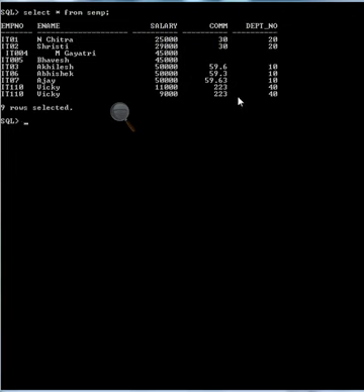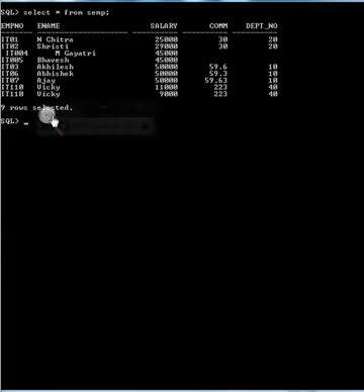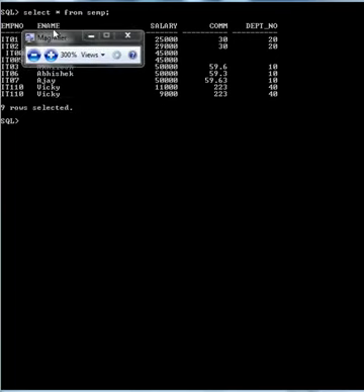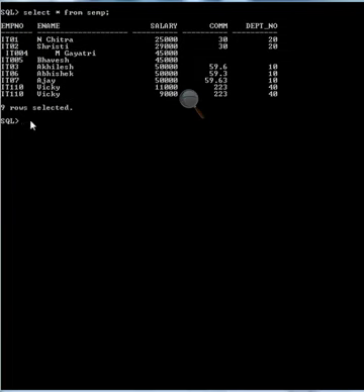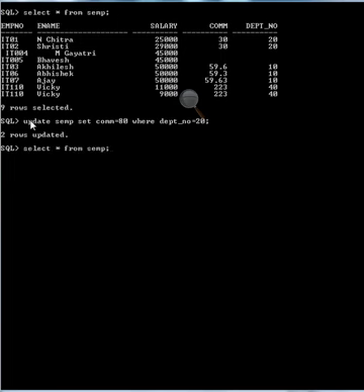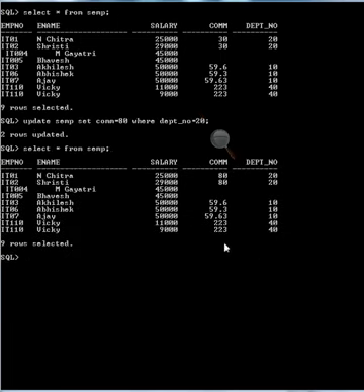I can change that value through the update command: update ACMP set commission equals 80 where department number equals 20. Two rows updated, and now select star from ACMP shows that commission has been updated from 30 to 80 for department number 20.